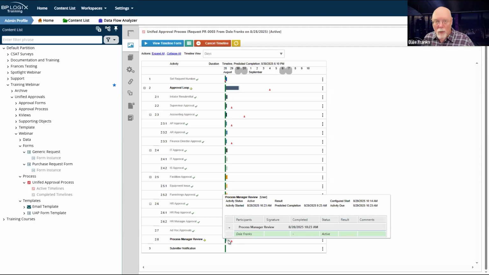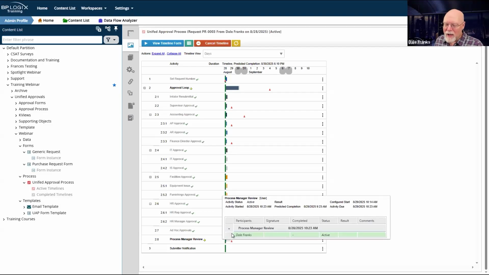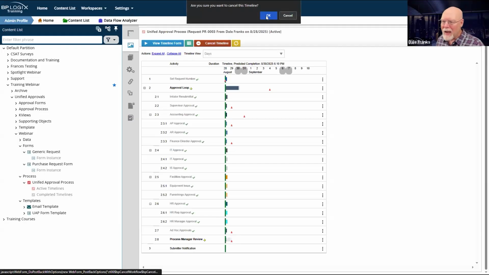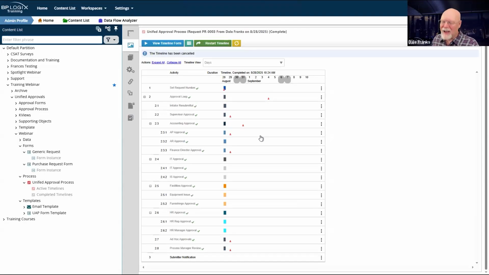In the future, when I create a new version of this form or a new instance of this form, because I'm using me as the default value, it will automatically place me into the process manager review step. That's exactly where I want to be. I know that this is now working properly. I should now be able to, in the future, elide past these two issues when I submit this form. I'm just going to go ahead and cancel this timeline because this test was successful. I successfully failed the task, but ultimately I made all of my fixes.